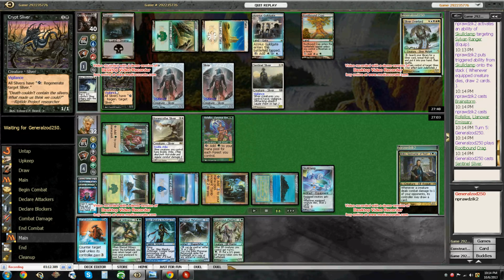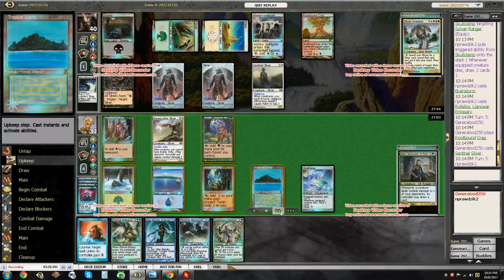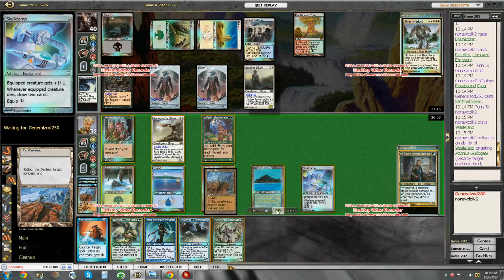So anyway, now all these creatures have Vigilance, and they tap to regenerate, so major pain here, because he can swing with them and block and regenerate all in the same turn if he wants to, but still not a huge threat. And since he decided not to play the Overlord there, I decide that I'm going to attack his